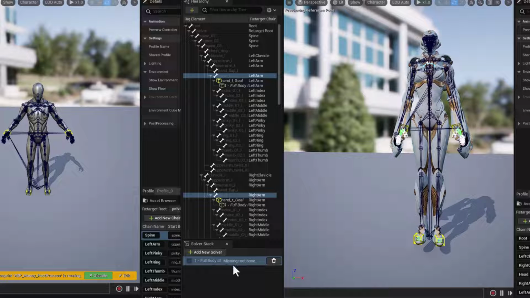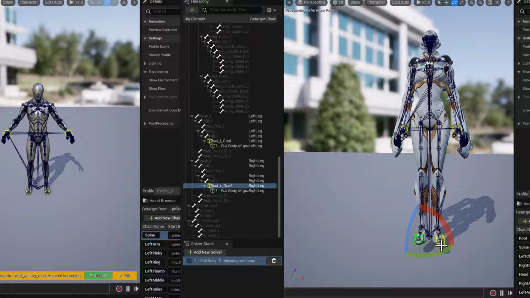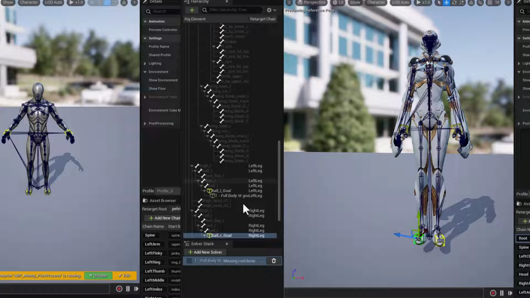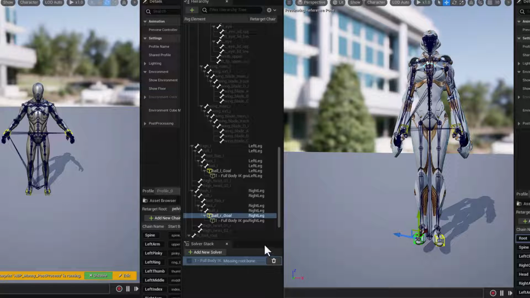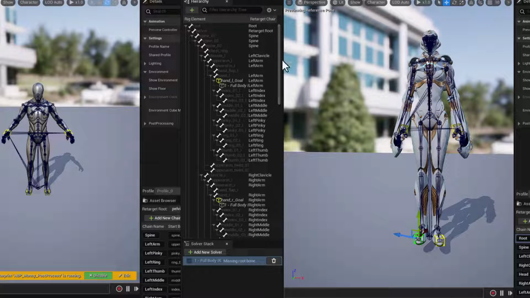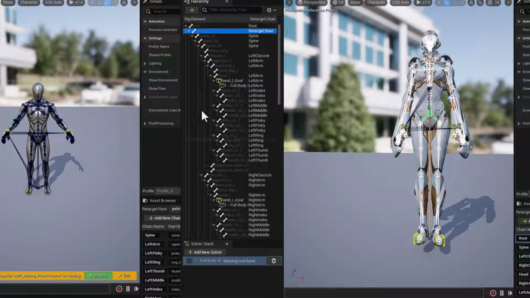solver here is kicking out a little bit of an error. It's saying it's missing a root bone. And so that's why if I were to select one of these goals and move it, nothing's happening. That's because while we've set the retargeting route for the chains, we have not defined the retargeting route for the IK body solver here. So I'm going to select the retarget route, which is the pelvis joint here, and right